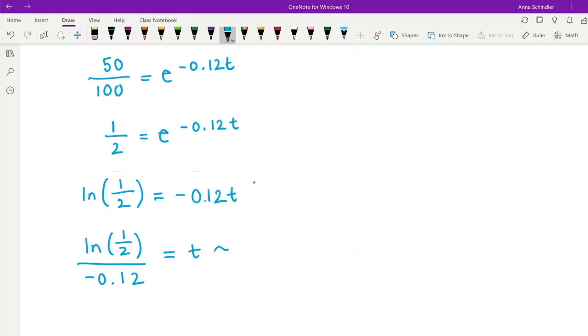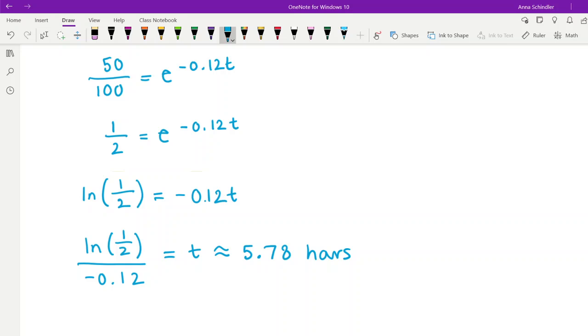And so if you type this all into a calculator, you might be kind of thrown off here, right? Because you see a negative down here, but remember that ln of 1/2 is actually going to be negative. So how do I know ln of 1/2 is negative? Well, ln of 1/2 is asking what power you have to raise e to get 1/2. And e to a positive power will always give you a number bigger than 1, right? Like e to the 0 is 1 and everything bigger is going to be bigger than 1. So ln of 1/2 is going to be itself negative. So you'll have a negative over a negative. And so your final answer will be positive. And so the answer here, if you type this into a calculator, is approximately 5.78